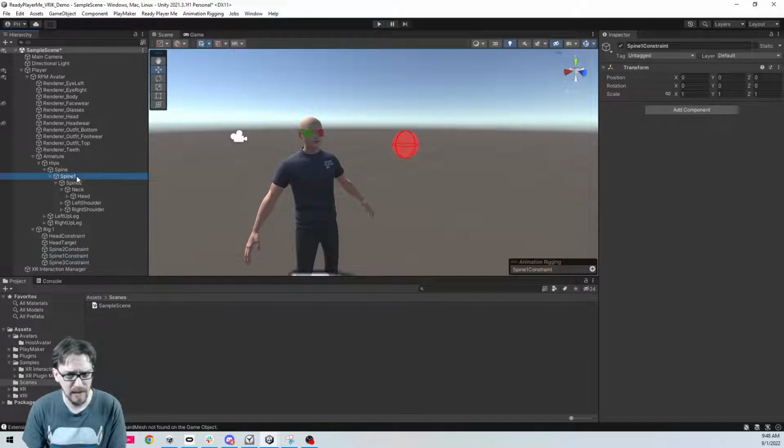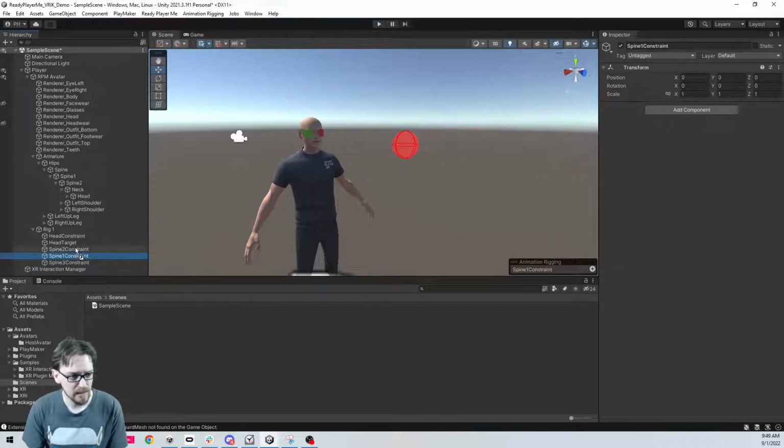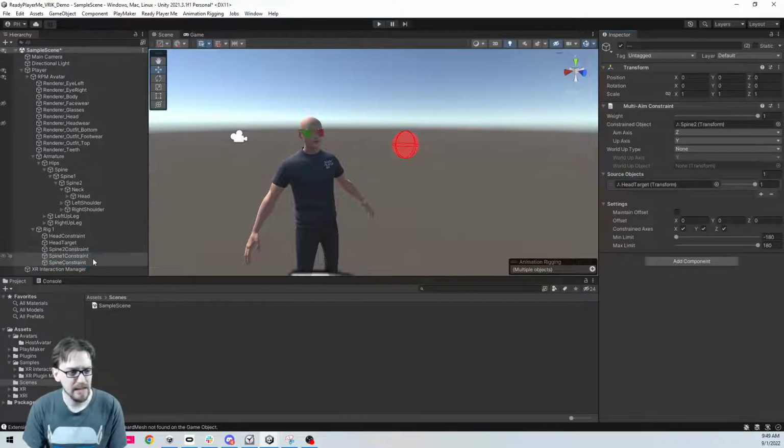All right, so if I go to spine 1, shoot. I'm just going to copy this component. And oh no, it might break everything because I told you, don't reorganize this hierarchy in the rig, it gets mad. Oh no, it should have been in between 2. Why did I call this spine 3? This should just be spine. That's why. All right, so let's go ahead and paste this component. Control or right click, paste new. All right, and now on spine 1, I just drag up spine 1 here. And spine, we're going to drop this.